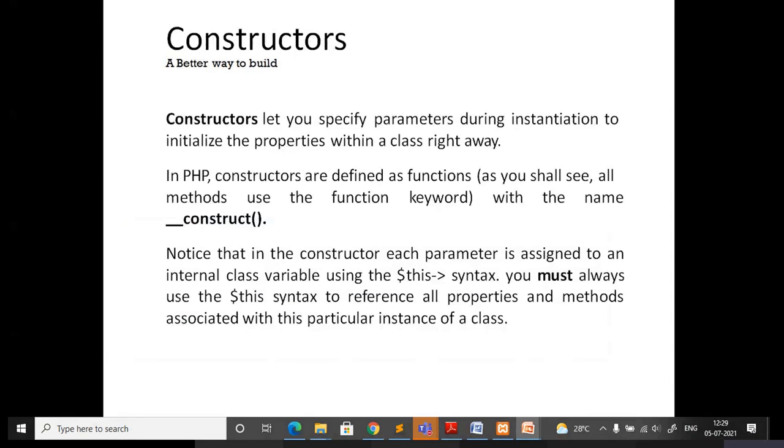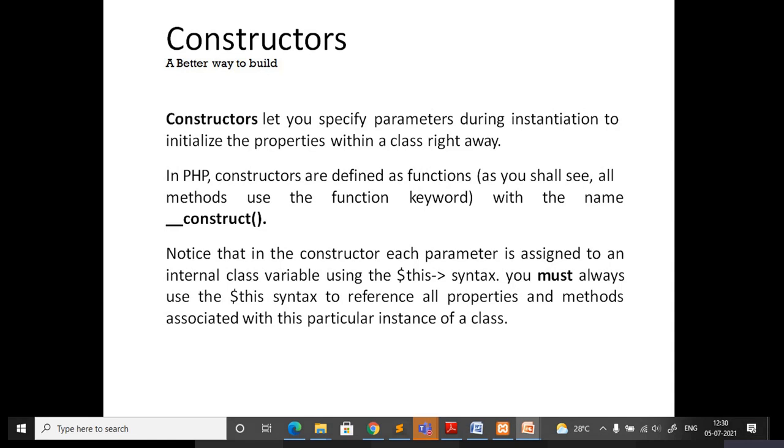Constructors. I think in the last class I have already told you. A constructor is mainly used for initializing the properties within the class. There are some things you need to know about how to create this constructor. In PHP, constructors are defined as a function, so you need to use the keyword function.